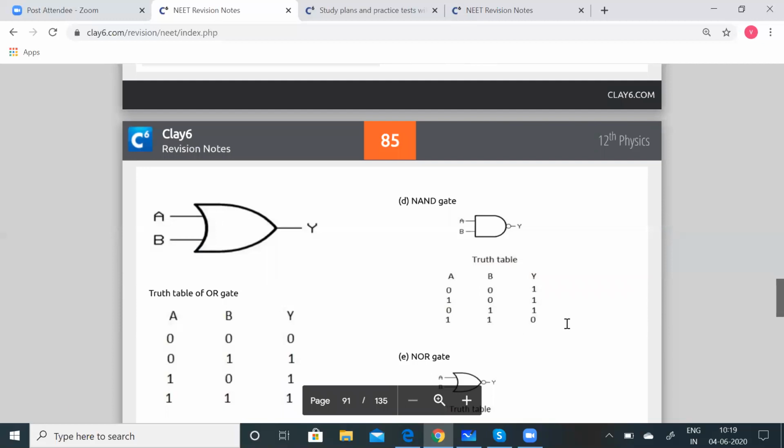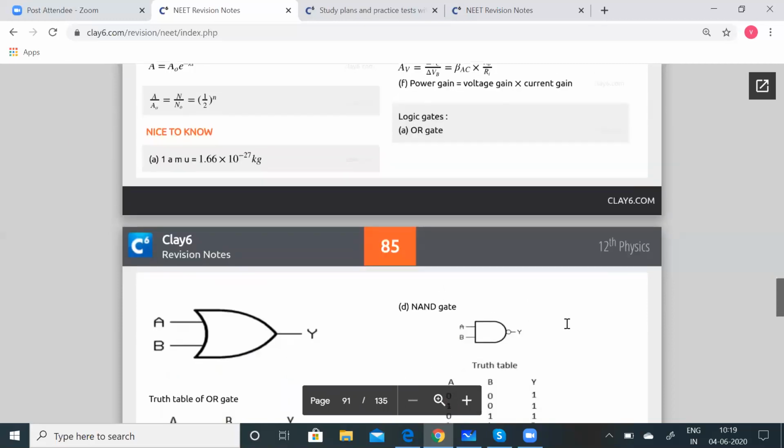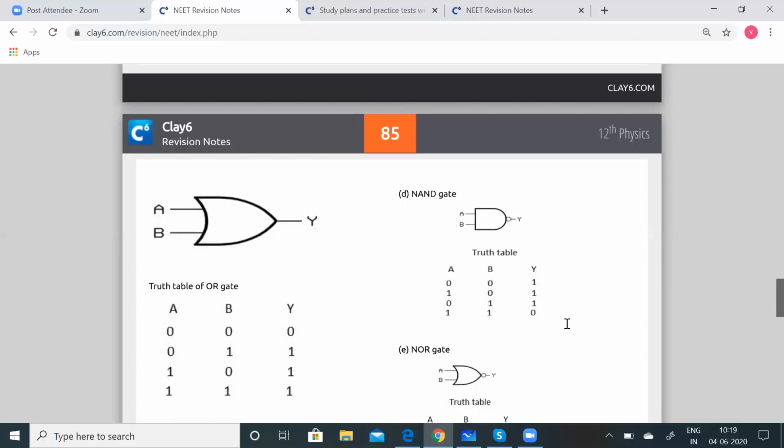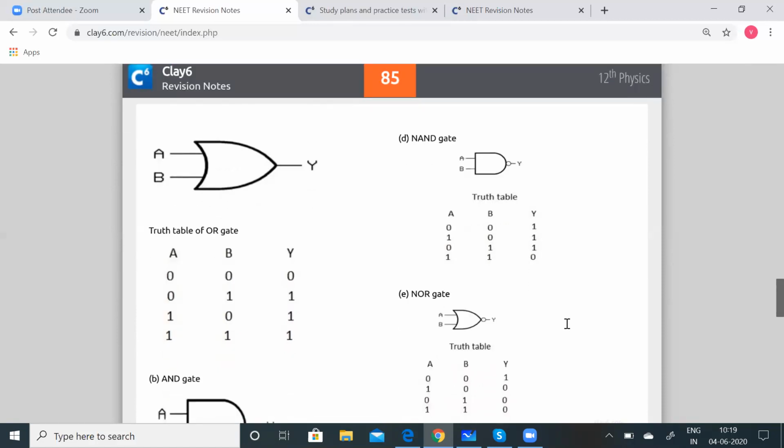So the truth table is a table that shows all possible input combinations and the corresponding outputs for the logic gate. Now I am going to show you the OR gate. The OR gate is a digital circuit having two or more inputs, but only one output. It gives a high output if either input A or B, or both, are high. Otherwise, it will have a low output, 0. So if the inputs are high, then the output is 1. Otherwise, if it is a low output, it is marked with 0. It is described by the Boolean expression A plus B is equal to Y. So this gives the truth table for the OR gate.